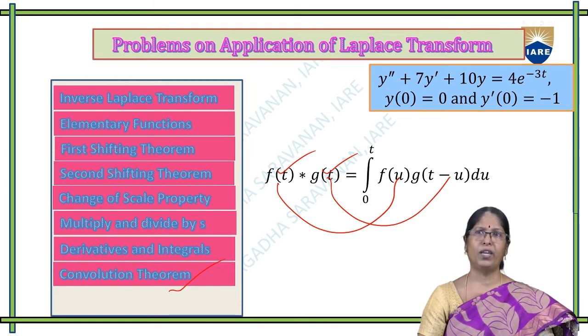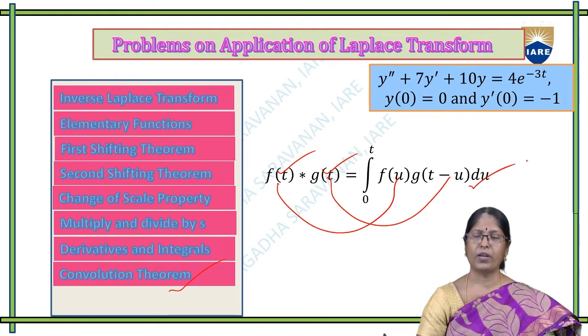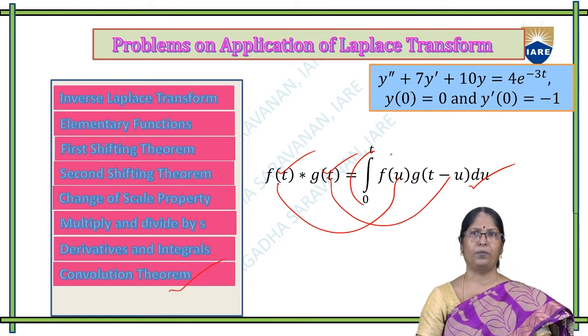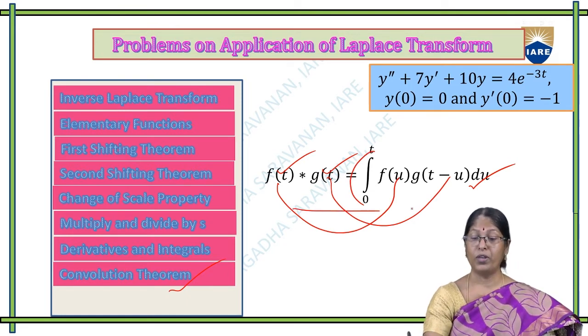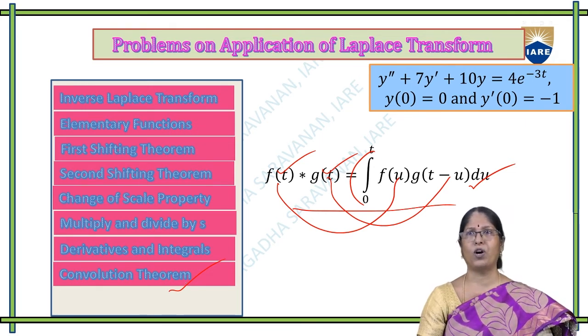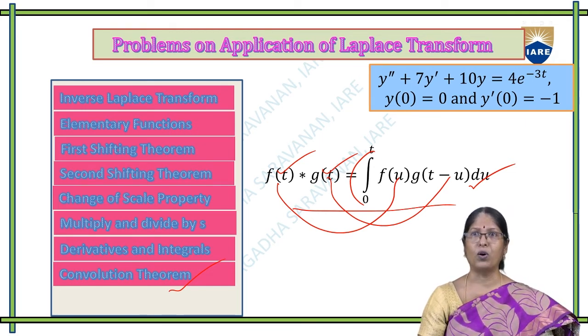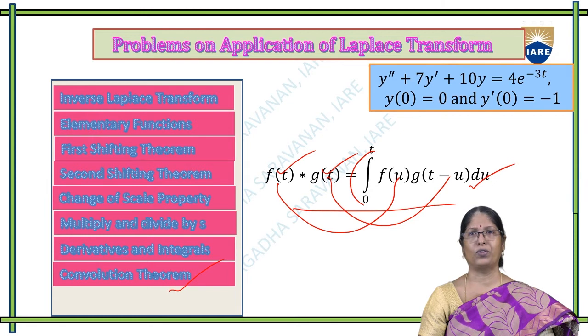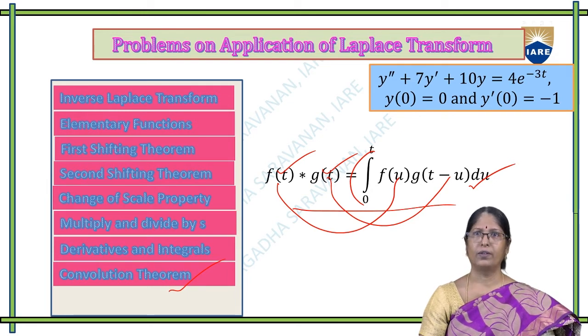And we will do the integration with respect to u, in the range from 0 to t. This is also one trial. So using the convolution formula, we can solve that inverse Laplace. In case this is also not suitable, then